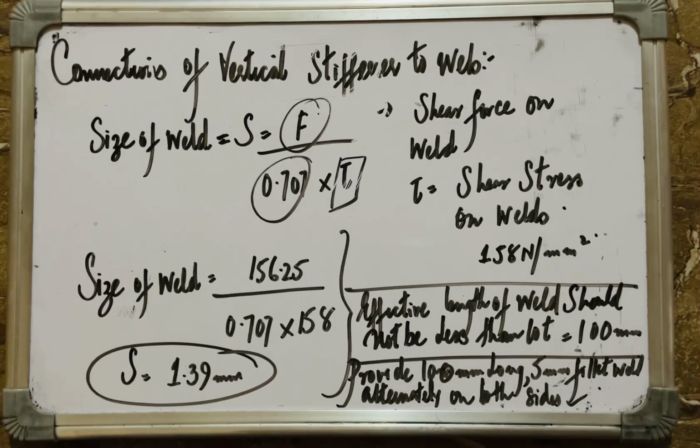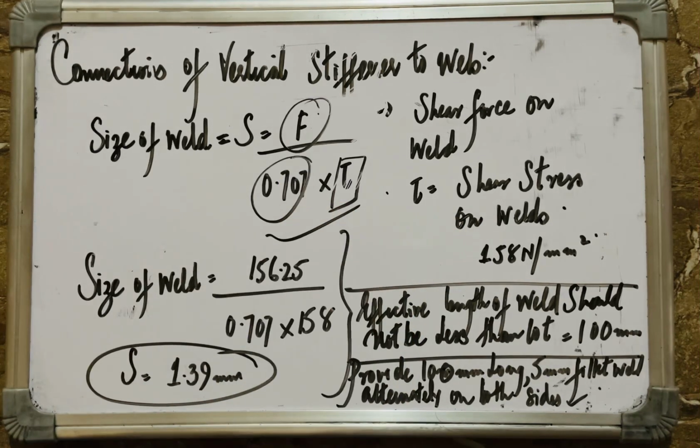All right. So our connection of vertical stiffener to web has been designed, and we have provided 100 mm long, 5 mm size fillet weld alternately on both these sides. So this was about designing the connection of the vertical stiffener to web, and we designed it as per this formula,